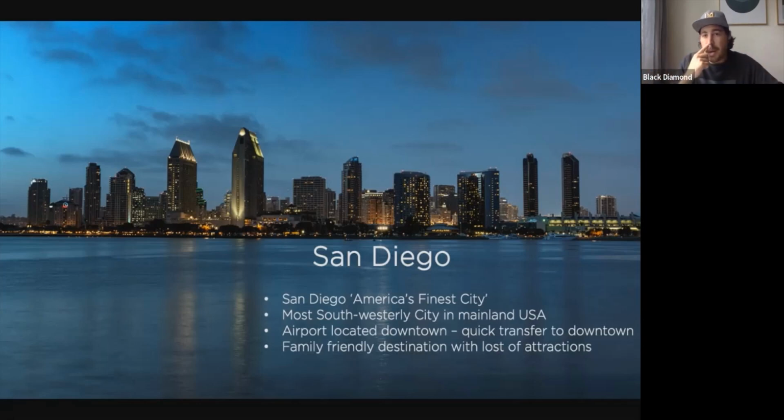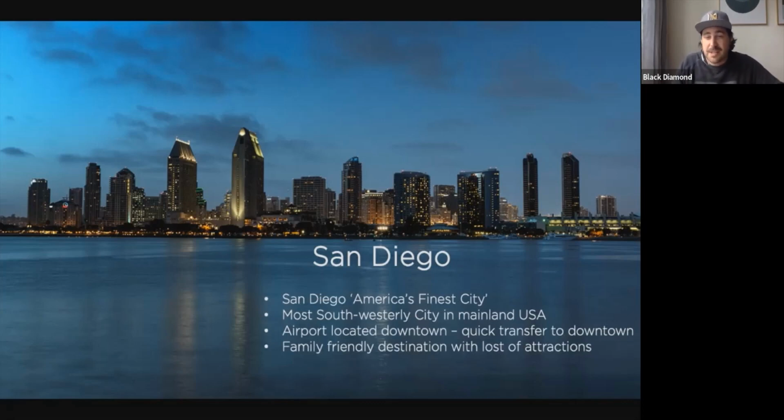More traditional, and then you've also got the Old Town. Old Town's going to give you that real kind of Spanish colonial feel. It's where the settlers kind of came up from Mexico, so it gives a really good feel. The best Mexican food is in Old Town, hands down my favorite, and definitely worth a visit.